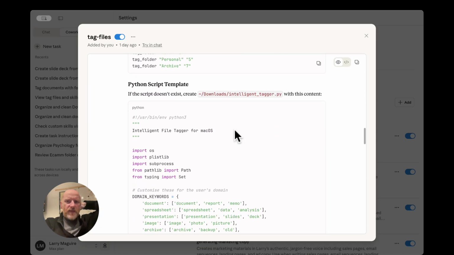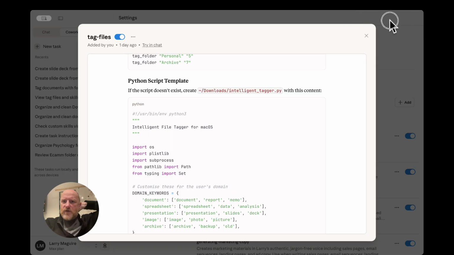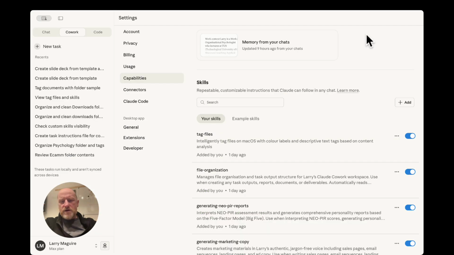So that's the skill. And whenever I ask now, from now on, I ask Claude Cowork to tag a load of files in my library, it can do it. And I'd suggest you do this as well. If you want that tag files skill,